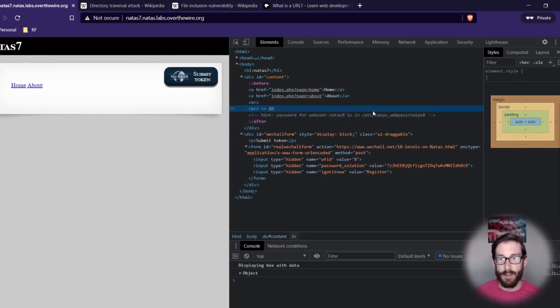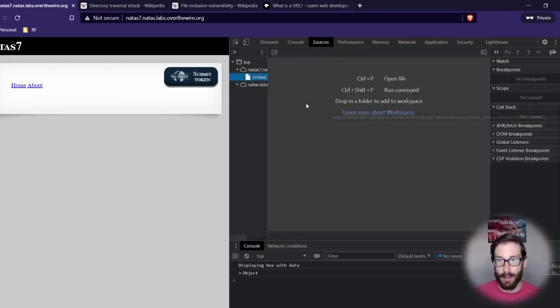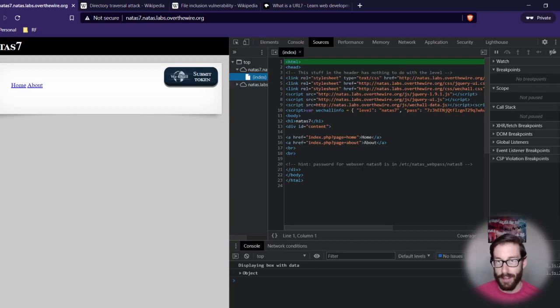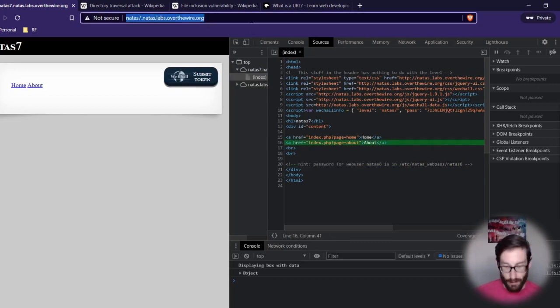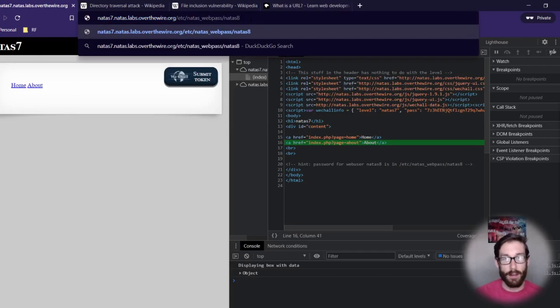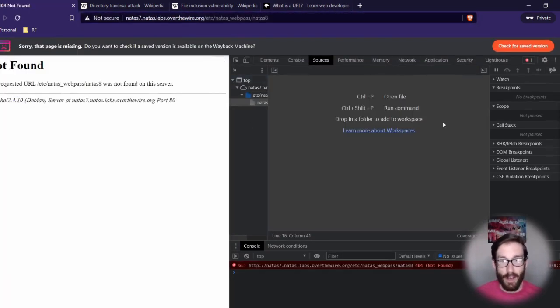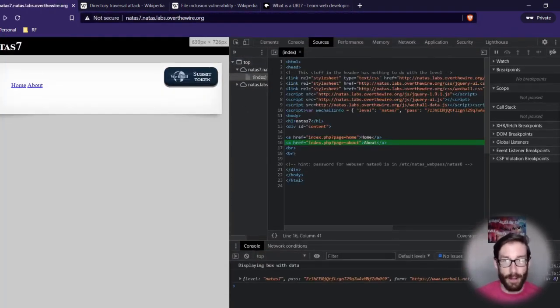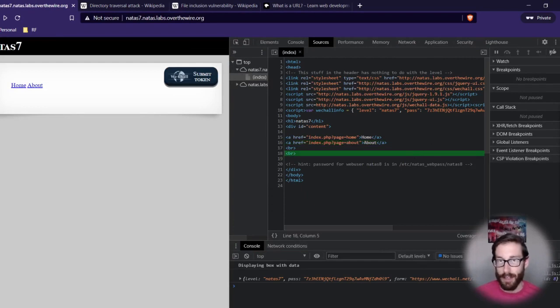First things first, I think to myself, okay, they're giving a file path. Is this just as easy as I think it would be, where I would just copy and paste this at the end of the URL and it would take me to the Holy Grail? I did that, pressed enter, and it says, no, you are wrong. That is not the right location. After doing that and getting frustrated probably 3 more times, I